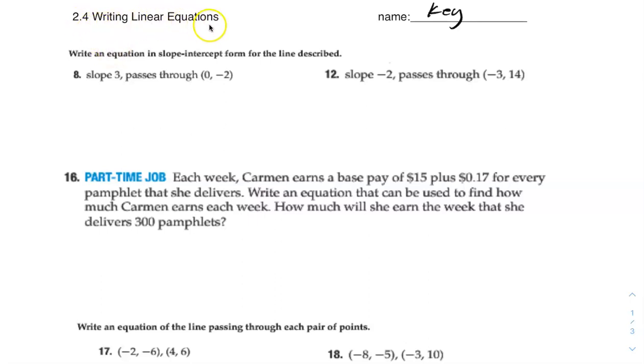2.4, write linear equations. So here's a worksheet, let's just go through it. Write an equation in slope-intercept form for the line described. So slope of 3, passes through (0, -2). Now, anytime I see the words write an equation,